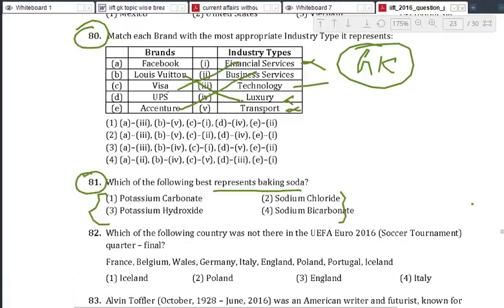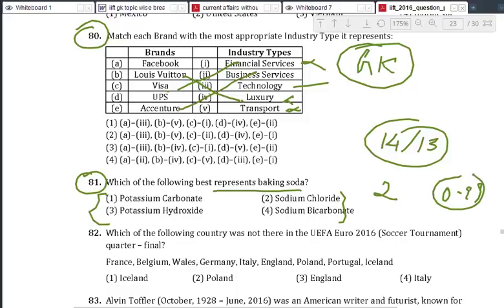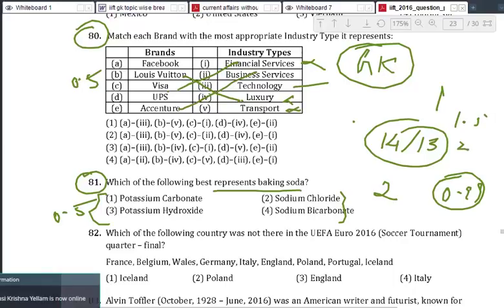So can you tell me, what was the cutoff last year for GK? See, people understand GK carries 14 marks or 13 marks, and the cutoff does not go beyond 2 marks. At the most 2, or it was 0.99. Very good. So if the cutoff is 0.99 and you have got 0.5 here, 0.5 here, simply by using common sense, should you allow the GK section to bother you so much? If the cutoff is 1 mark, 1.5 marks or 2 marks, that means even if you get 4 questions correct confidently, then I think you have managed.